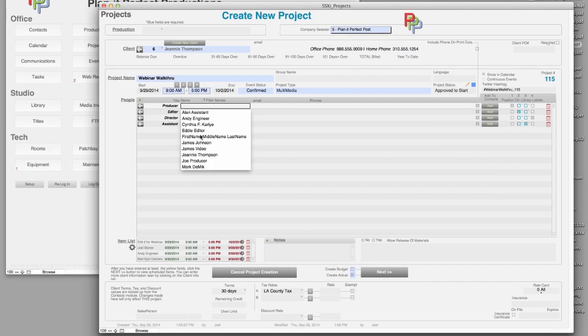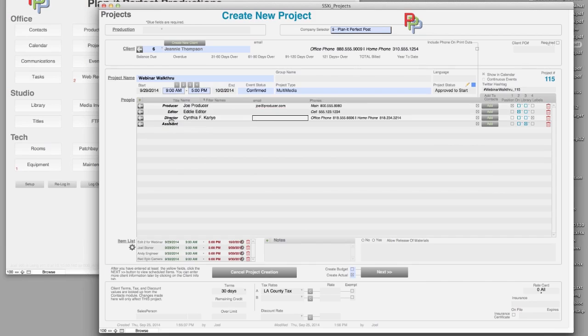I'm going to pick who the producer is because in my system I've set up, we always have a producer, we always have an editor, we always have a director. And of course, I can change these. If this time it's a writer,